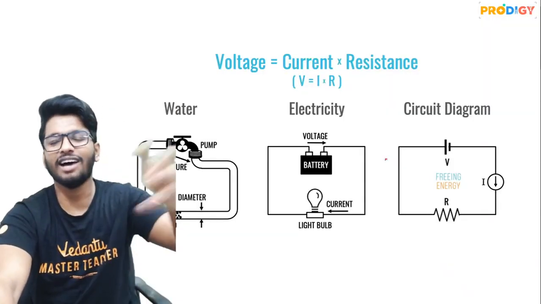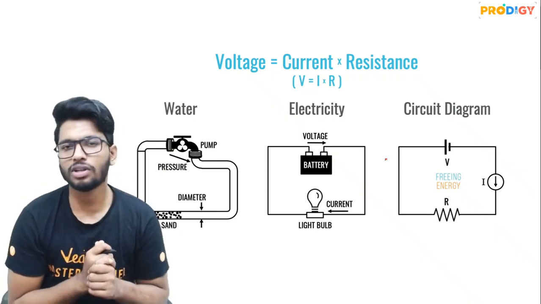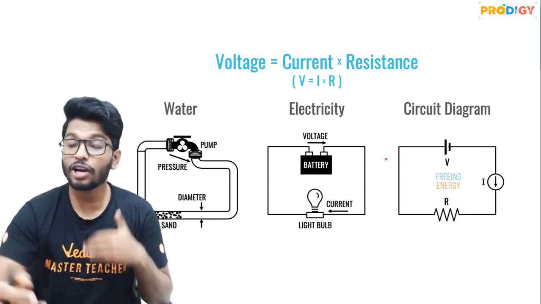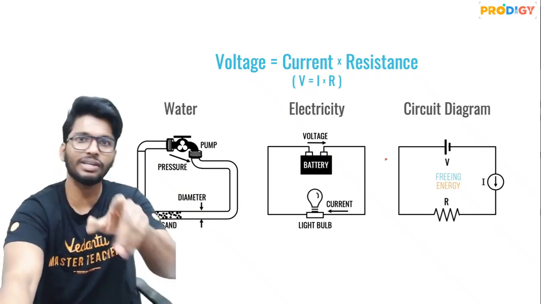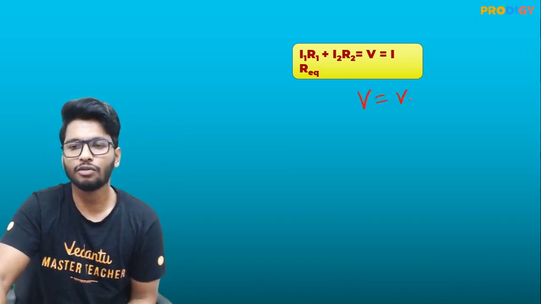Alright guys, so yeah, again guys, we have already seen what is Ohm's law. We have seen that from Ohm's law we got the formula V is equal to I into R. We're going to be using that formula a lot more guys, so please do not ever forget that, because we're going to be using that over here also. So we got that V is equal to what? V is equal to V1 plus V2.